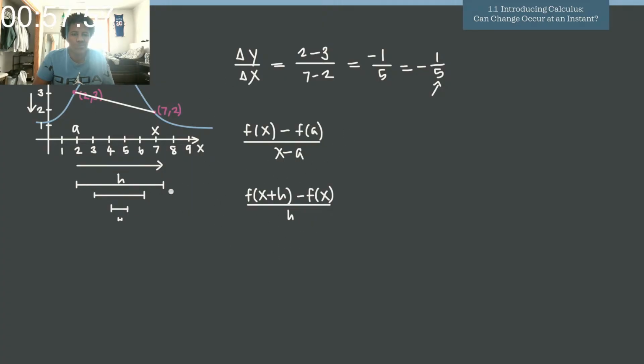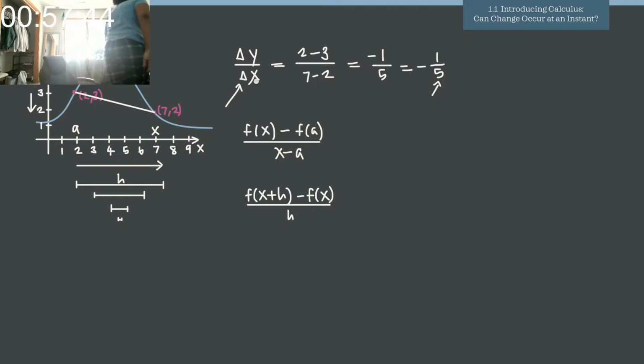Of course, this formula is going to work for any interval, no matter how wide or how narrow it is, as long as the interval doesn't eventually go to 0, as long as we don't bring the points completely on top of each other. The reason we can't have 0 is because if we brought the interval narrower and narrower until eventually it had no width, then delta x, the change in x, would be 0. And as you know, in math, we can't divide by 0, so we can't have a delta x that's equal to 0. But as long as we can't have that, that prevents us from finding the instantaneous rate of change